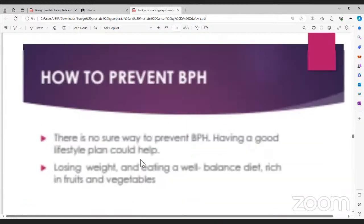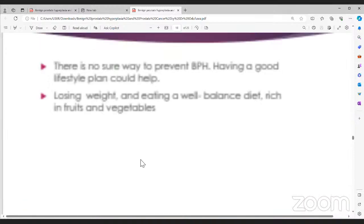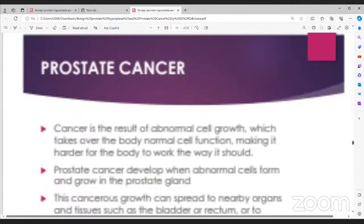So how do we prevent this condition? There is actually no sure way to prevent this condition, but research has shown having a good lifestyle plan could help. Not gaining weight, ensuring that you engage in exercises regularly, eating a well-balanced diet, eating food rich in fruits and vegetables could reduce the risk. So we're going to the second